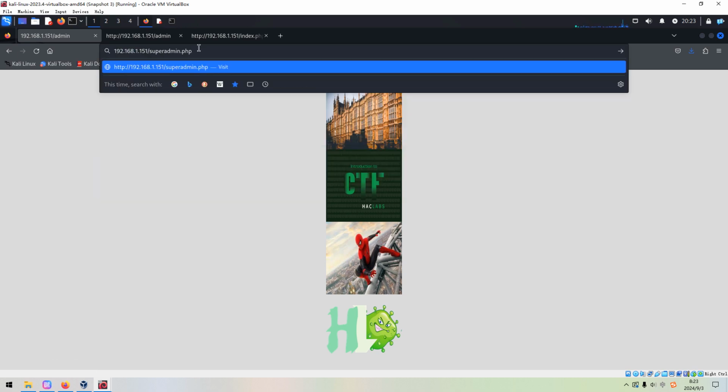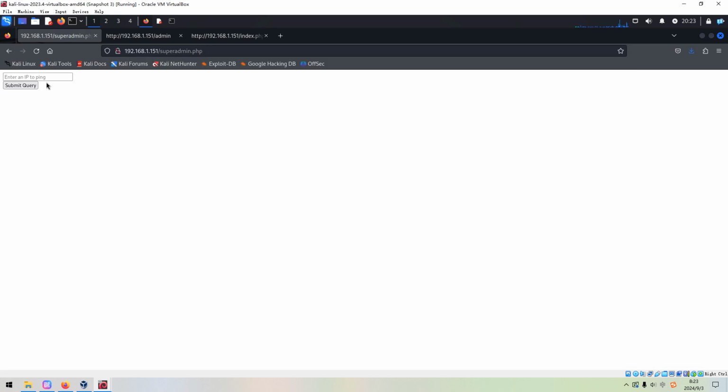We can paste over here, and here we can enter an IP to ping. For example, we can use the IP address of the localhost, submit query, and so far I think we know that the target is running some sort of command like a ping. So it makes sense if we can inject some command, for example we can put